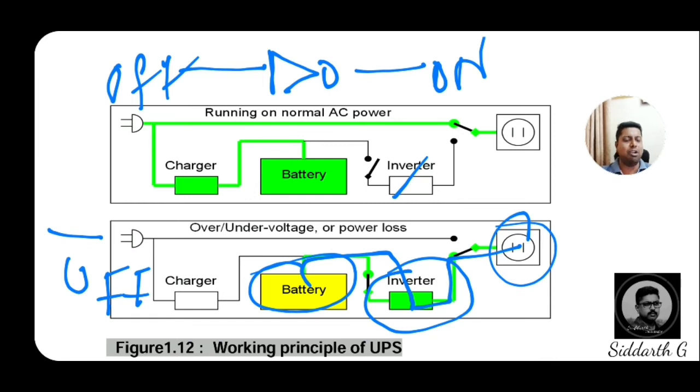So this is an inverter. Inverter means NOT gate. With the help of the NOT gate, all these devices will work like this. I think, dear students, this is a very interesting concept. Now you have information about how an online UPS works. So now we will come to exactly what we discussed. This is the working principle.